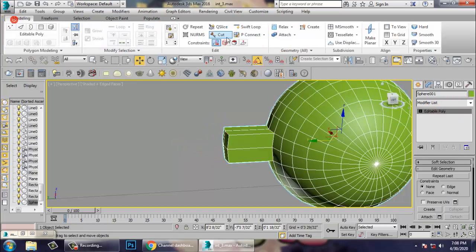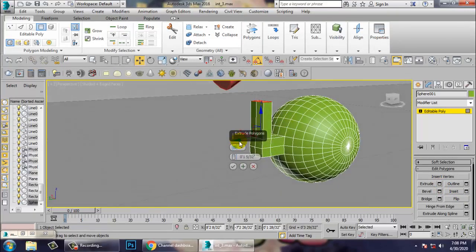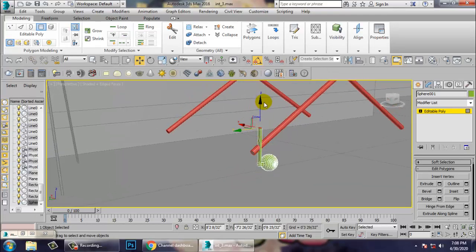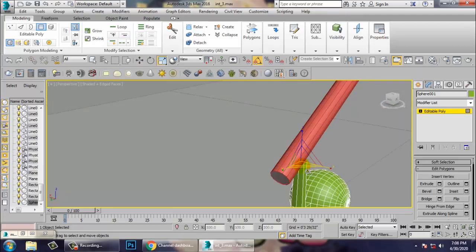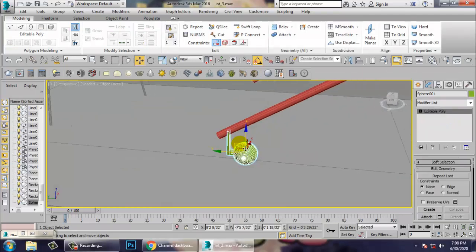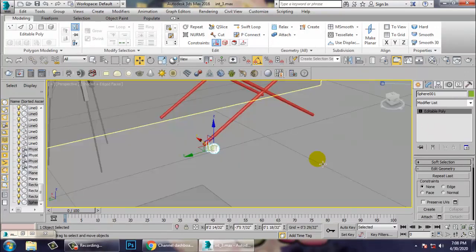Go into modeling, swift loop, press 4 over here and just extrude this up over here. Okay, you need to reduce it to very less, so don't make it very high, just reduce it to less over here.